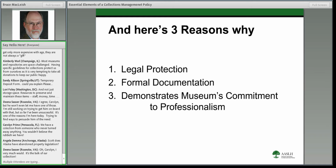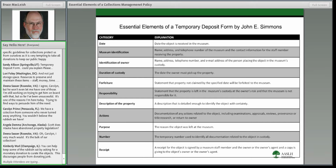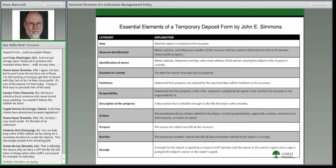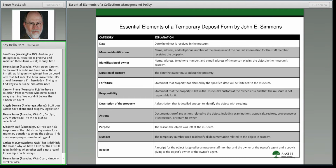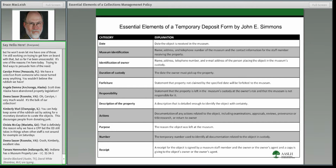So, the essential elements of a temporary deposit form. This is something created by John Simmons. And he has written things all over the place. His own individual publications, but also some one or more articles in the Registrar's Handbook published by AAM, now in its 5th edition, I believe. So that's a helpful thing to have as well. But he expresses these things very well,